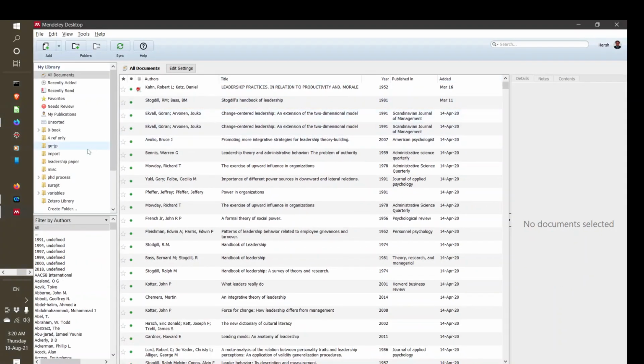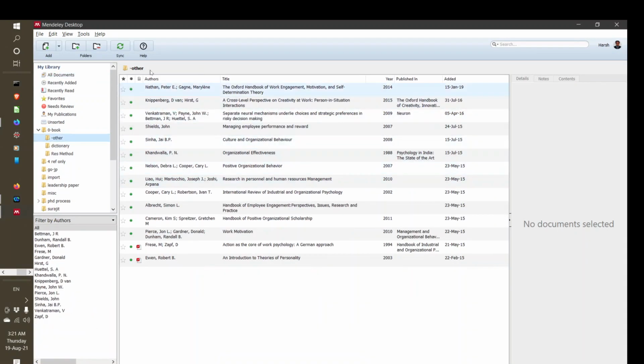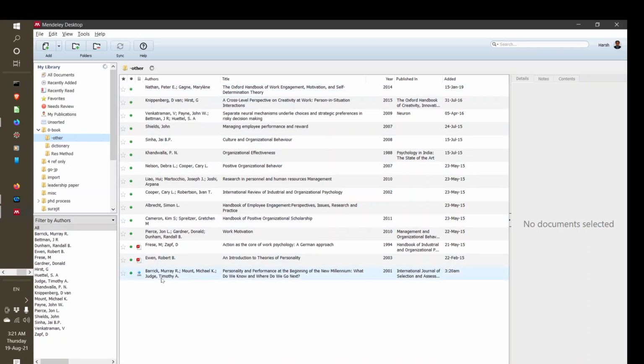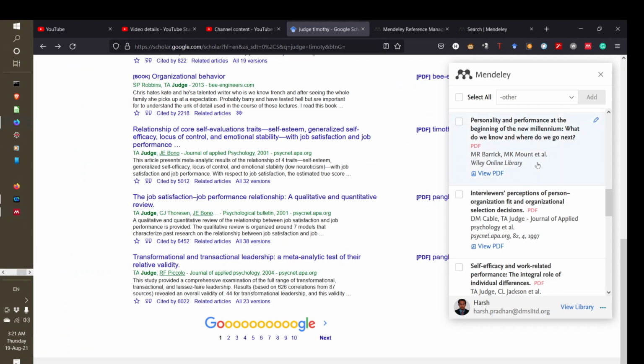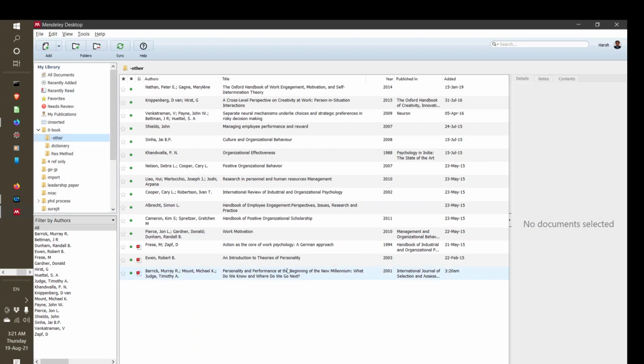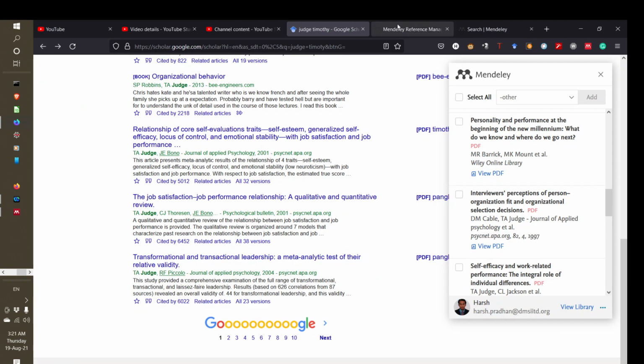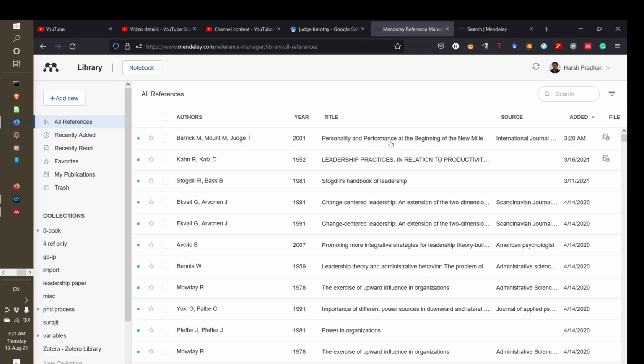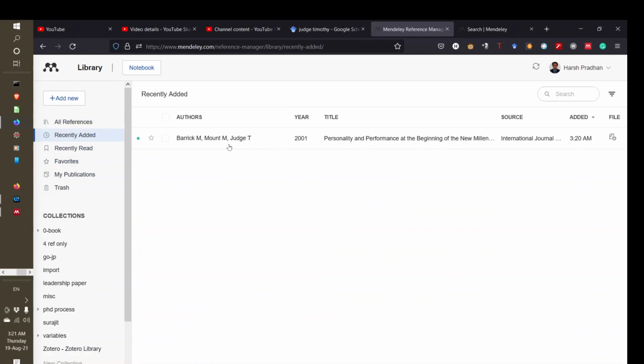Something of that sort, the reference should come here, and let's sync it. Syncing means it is syncing with the computer. See, this reference, personality and performance at the millennium, is in my library here, recently added, Barrick and Mount, Judge. Now this reference is there.